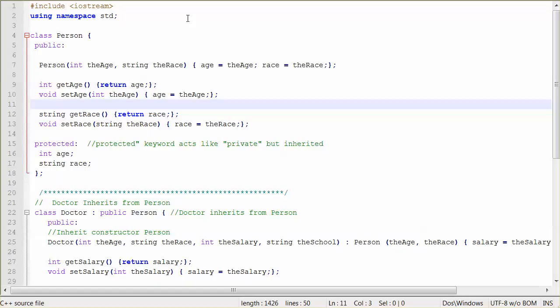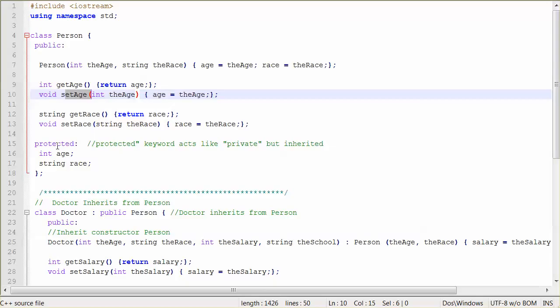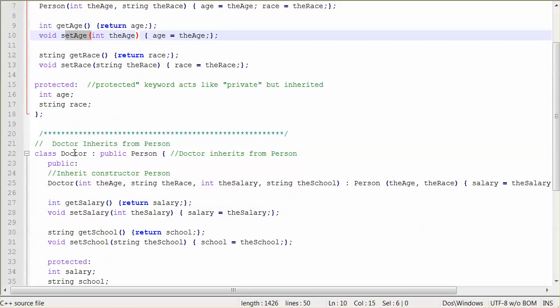Let's show you a real world example. We have a class person. That class person can have age and race, as well as methods for getting the age, setting the age, getting the race and setting the race. We also have protected attributes of age and race to ensure that those attributes cannot be directly accessed by outside or other classes. So in this case, we also have a doctor class that inherits the person class,